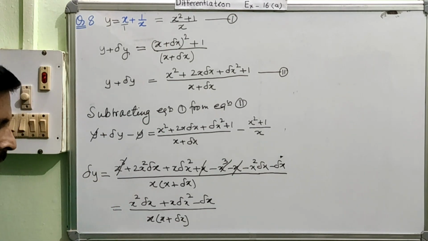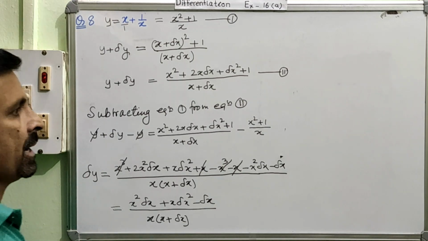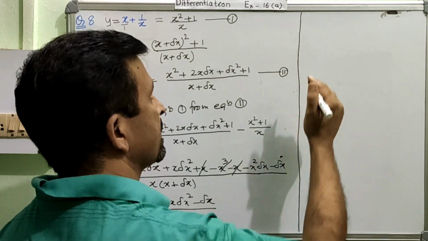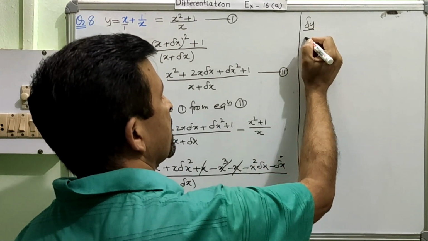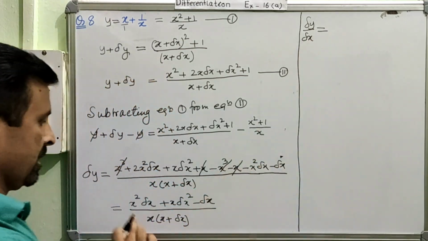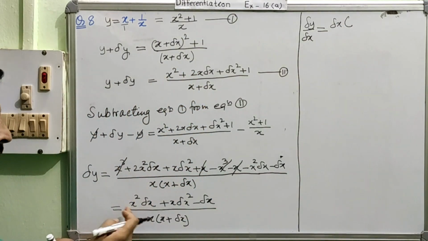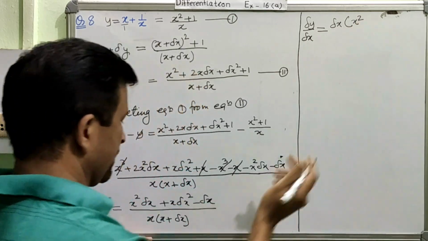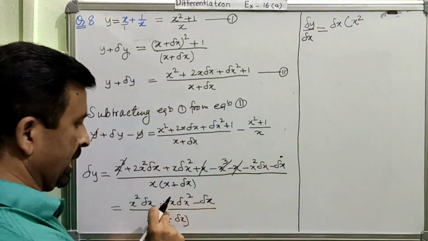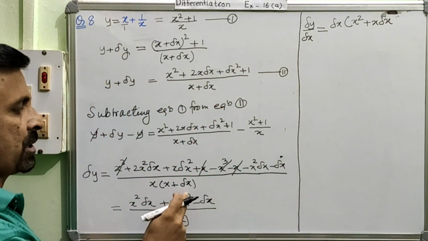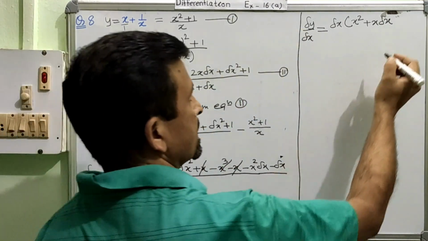Done? Now, after writing this, what do you notice in the numerator? Delta x is common. So take out the delta x as common, and at the same time we will divide by delta x also. That is step number 4, where we divide both sides by delta x. So this is delta y over delta x. Clear? Now from this numerator, delta x is taken out as a common factor. So from here you are left with x square. From here you are left with only x delta x. This is because here the power of delta x is 2 and only one delta x is taken out. And then the other is -1.